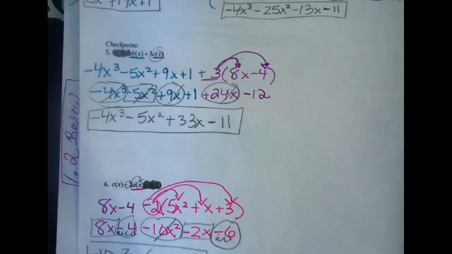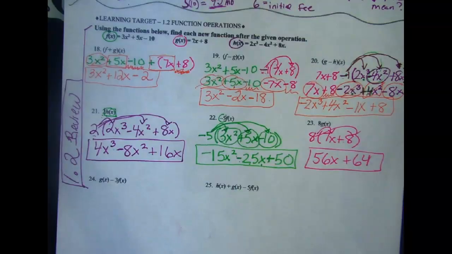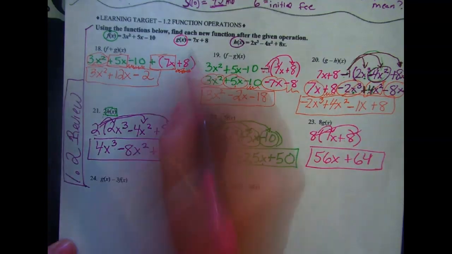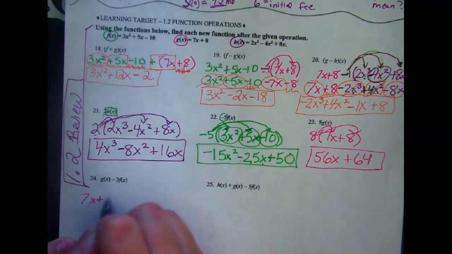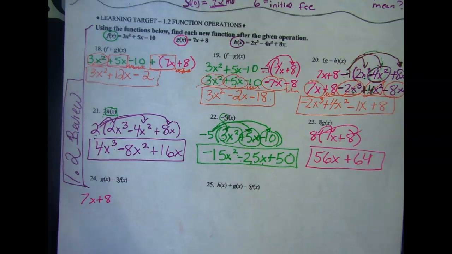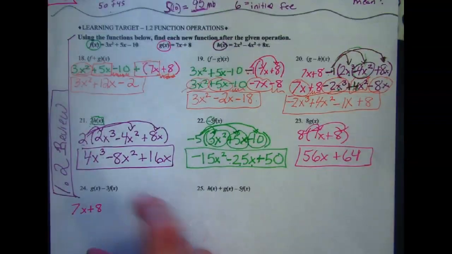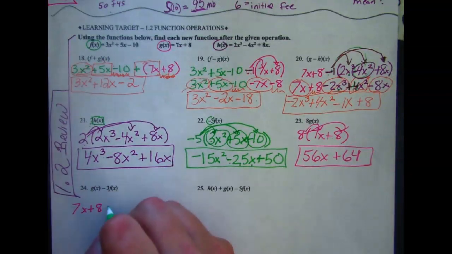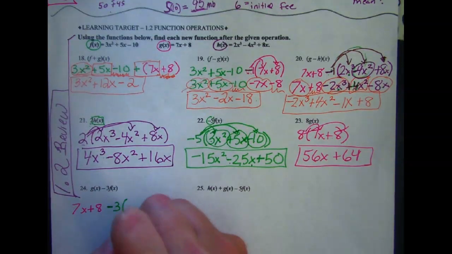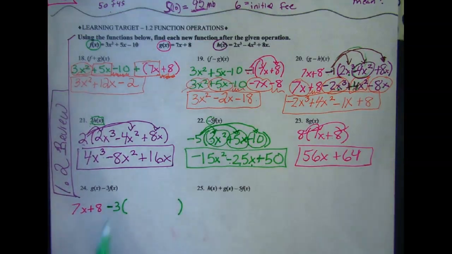Very, very similar. So have that out and use that as a reference. But I'm going to walk you through just setting it up first, and then you'll do the rest on your own. So this g of x, we write g of x, which is up here, 7x plus 8. And then we have to do minus the 3 times f of x. So what happens is we have this minus 3 times that whole entire thing,